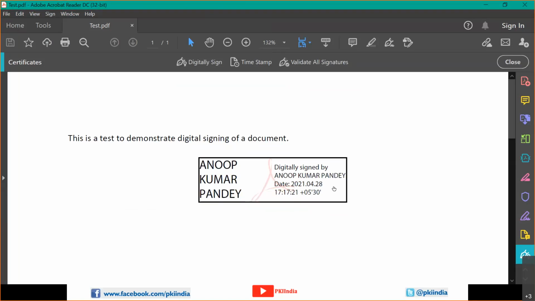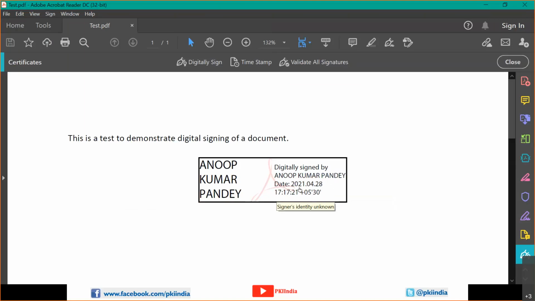Here, Microsoft Word did not, but this is having an appearance also. Adobe has a facility that gives you a visual cue. But please remember that this is not the digital signature. The digital signature is inside, part of the content. If you look at the XML version of this Adobe document, then you will be able to see the signature tags and all those things. But this is only a physical appearance. Okay, this is above, it will appear.